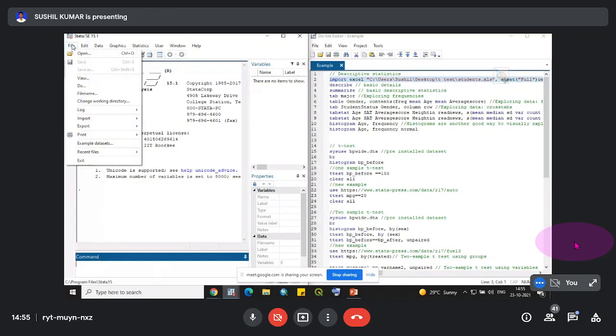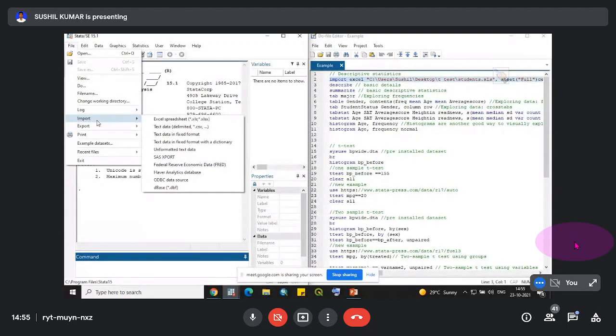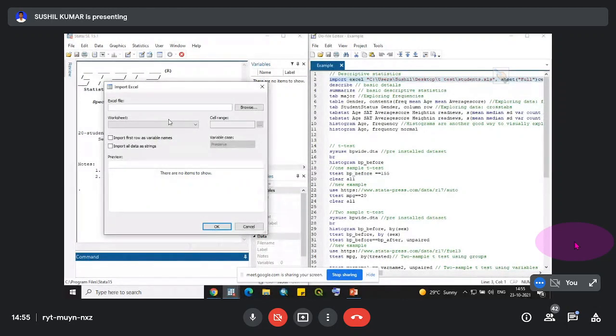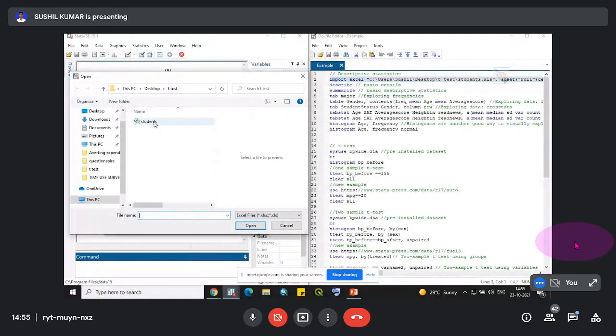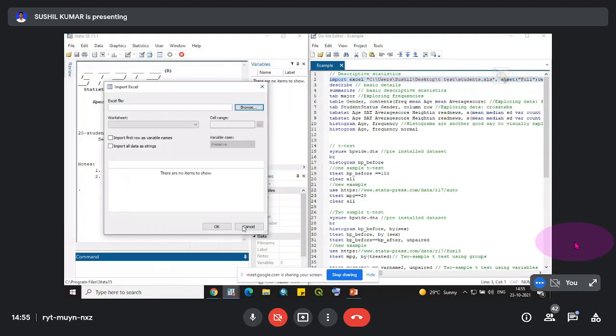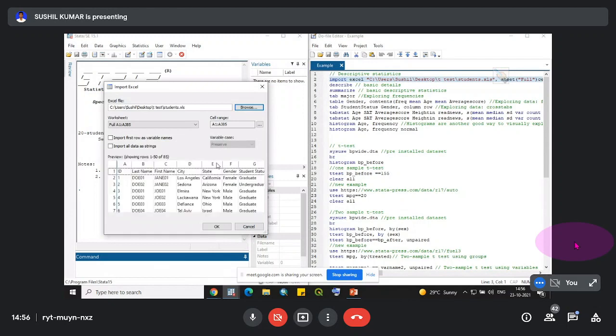So first of all, I would like to show you how you can use the drop down menu to import data. Since the data I have downloaded is in Excel format, I will use the first command, that is Excel spreadsheet. And here you can see a second page has opened where it is asking where my data is located. So I will click on browse and see where my data is. This is the data that I have downloaded for all of you for this session. So I will select the student file. Now you can see there is an overview of the data below.